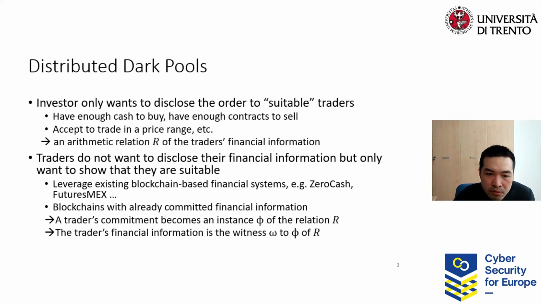Basically, for a blockchain-based dark pool to work, we need to satisfy two requirements. In a dark pool, the investor only wants to disclose the order to suitable traders. For example, the traders that have enough cash, or they can accept to trade in a certain price range. This can be modeled as an arithmetic relation R of the trader's financial information. At the same time, the traders do not want to disclose their financial information, but only want to show that